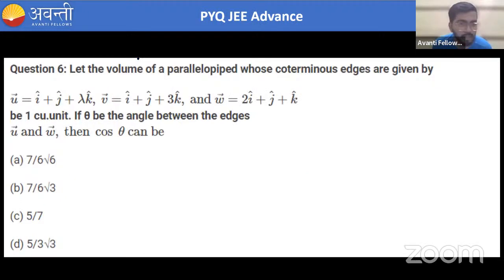Now let us try to understand the vectors. Let us try to understand this question. The question says that let the volume of a parallelopiped whose coterminous edges are given by u, v, and w vector be 1 cubic unit. If theta